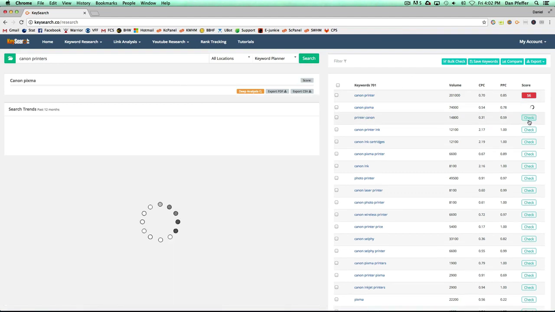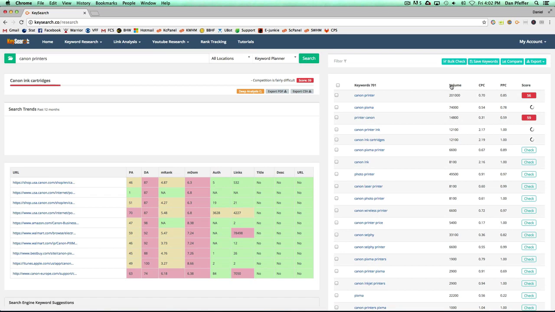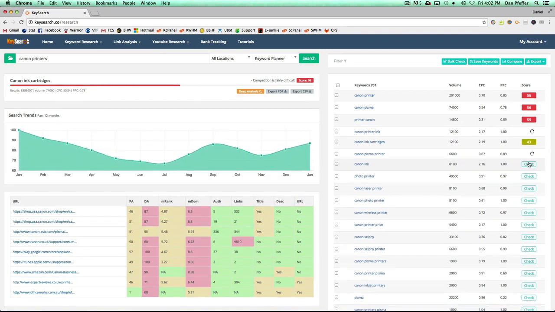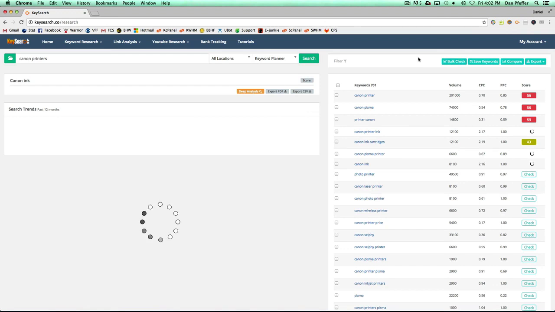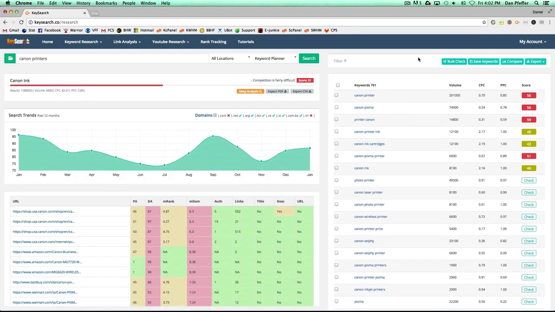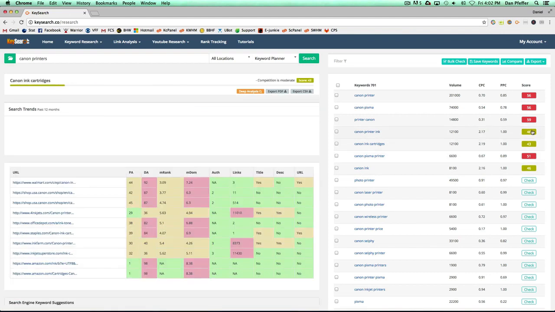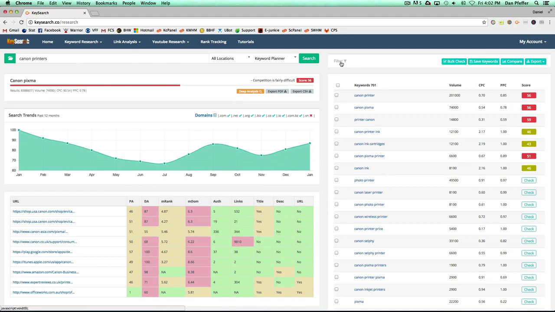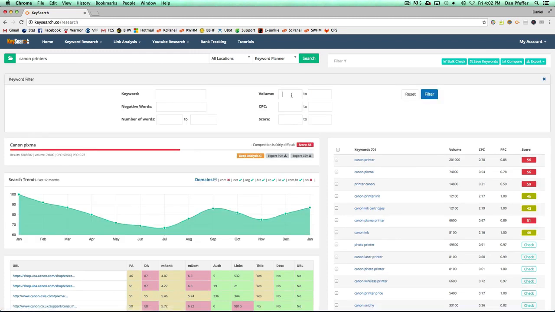So you could check difficulty in bulk. So you could click as many as you want, and you'll see they'll all just come up with the difficulty check. And you could flip through them like so really easily. Just go click right through them. You could also filter. We've got a filter right here. So let's say we wanted to filter